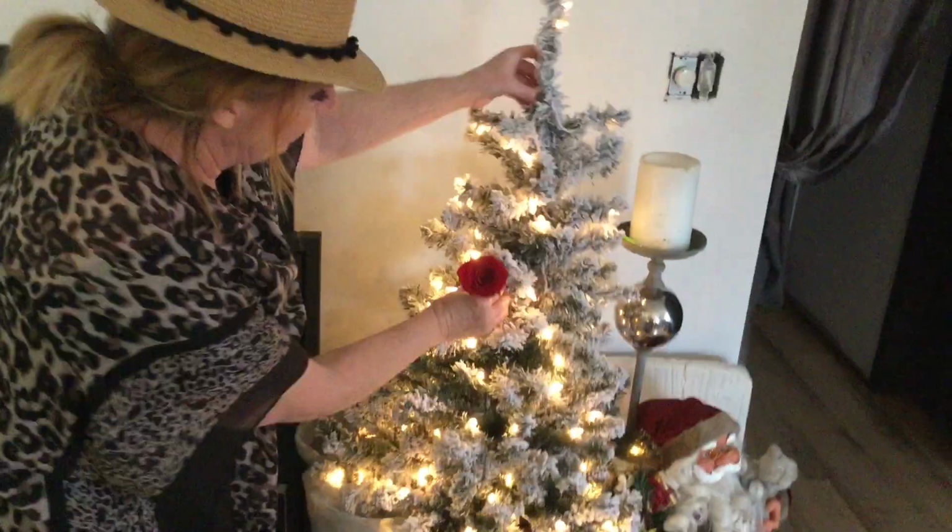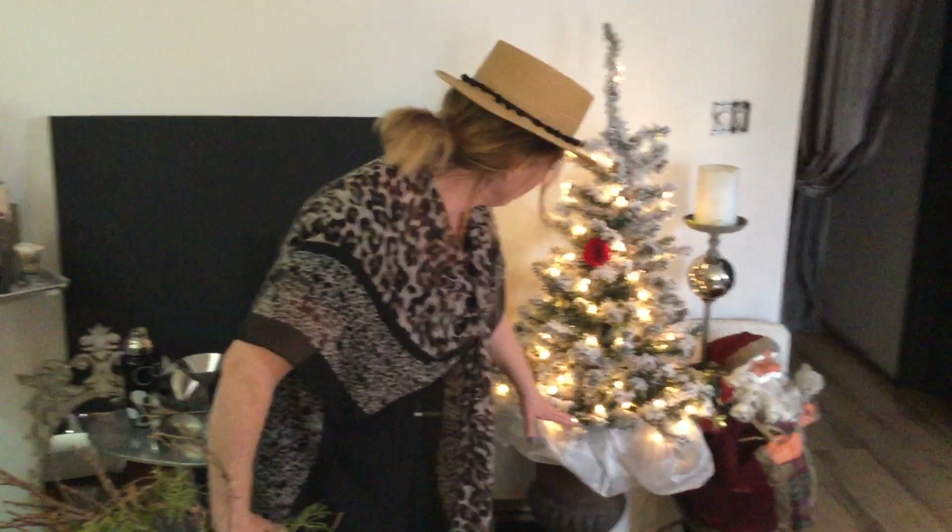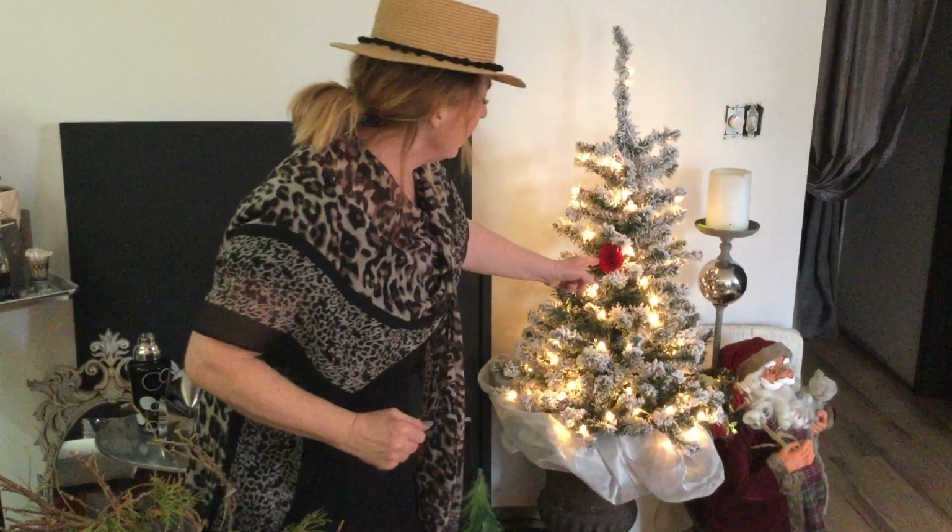And then we're just going to head over to the little tree. I don't know if you can come around this way. And just to show you what this does to the tree. We have a mini little flock tree that we just love, and it goes in an urn with our taffeta satiny ribbon. It's a big sheet. And this is loaded just with white and red roses. We don't have any decorations on the tree. And so I can't wait to have that all done. It will go on Instagram, and it will be on the Ginger Merc Facebook page as well,